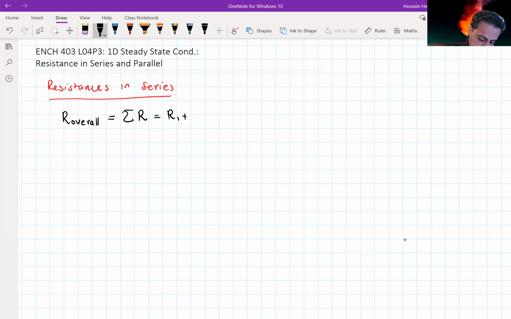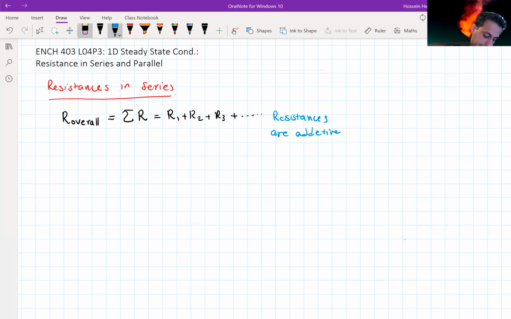So it's going to be sigma R, which is R1, R2, R3, and we call it resistances are